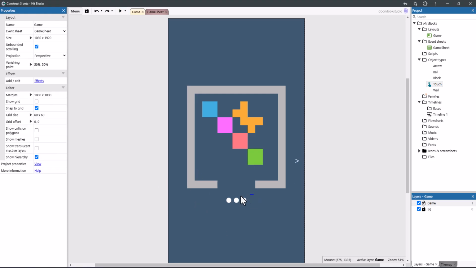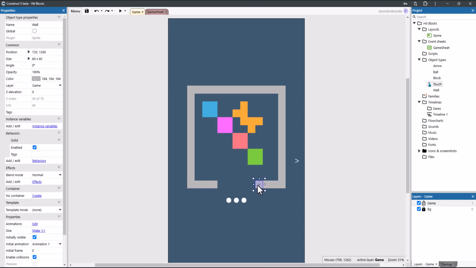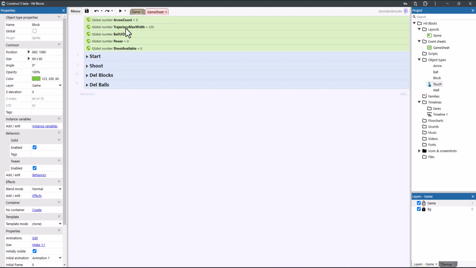So you can see that we have 3 balls here using bullet behavior, no gravity, but bounce off solids is on. So when it hits walls which are solid and blocks which are solid, it bounces off and moves around. Okay, so in the code you can see that we have